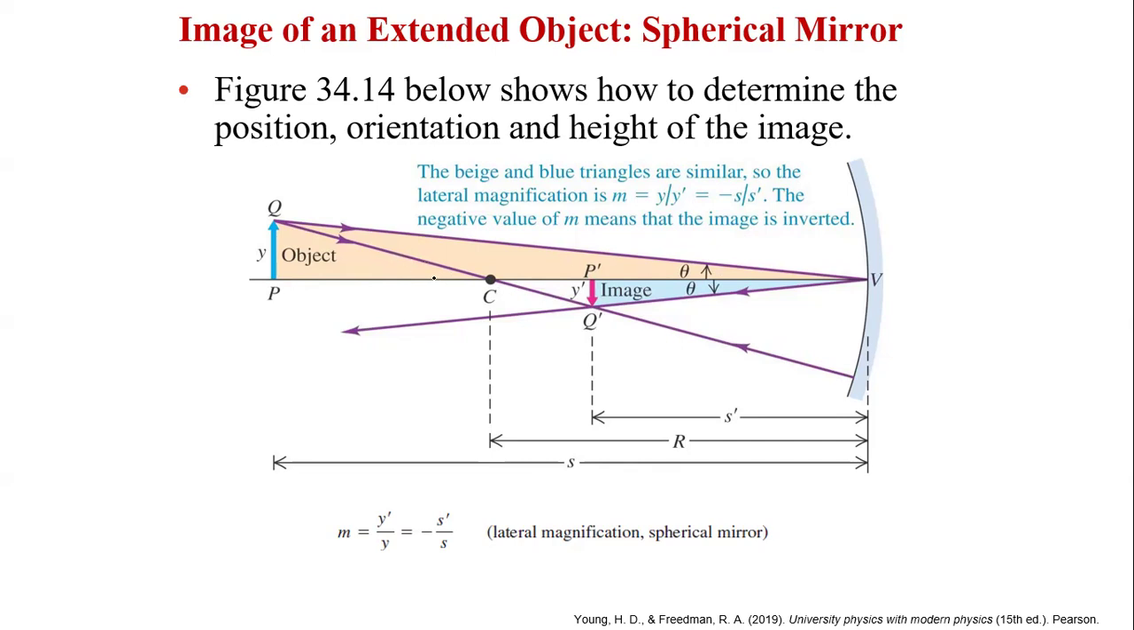Since you can see that this triangle here is located at S, this is also S. The triangles CPQ and CQ'P' are similar. Okay, so therefore we can say that, since we are given that